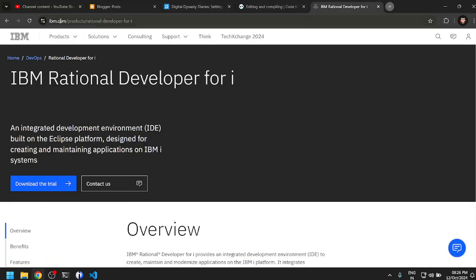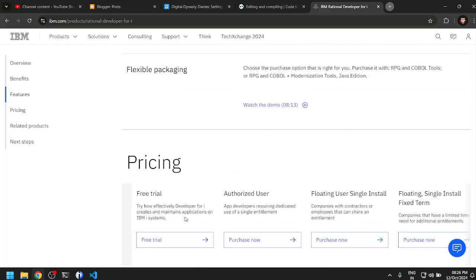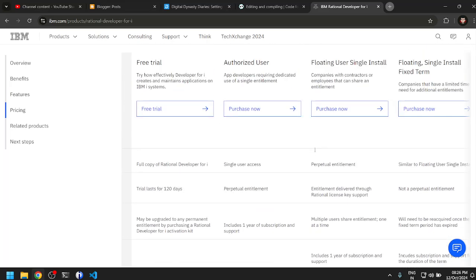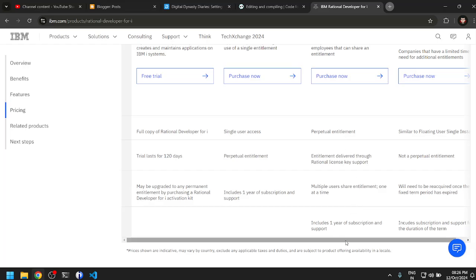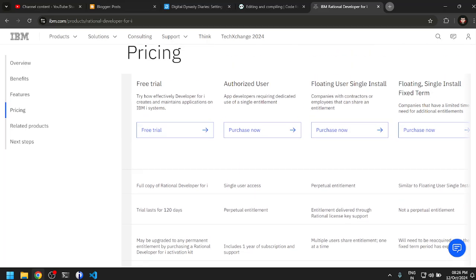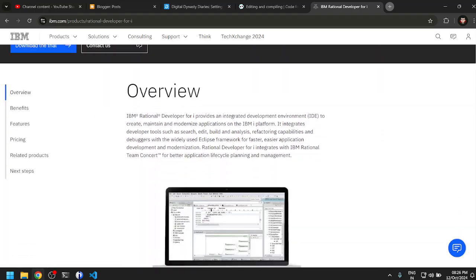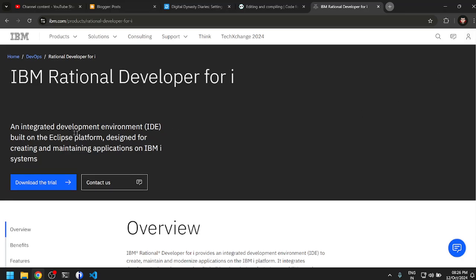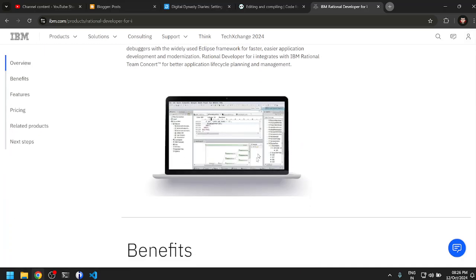If you look at the IBM website, IBM has a special page for Rational Developer for I. We can download the free trial. The free trial is for 120 days, but the full access is paid. So if your company has paid for a license for RDI, you can download it and you can use it. Currently, I do not have access to RDI, so I will not be able to cover RDI, but RDI basically